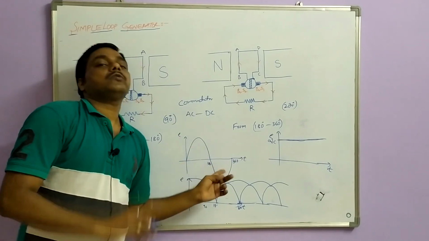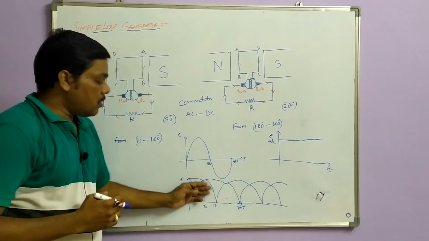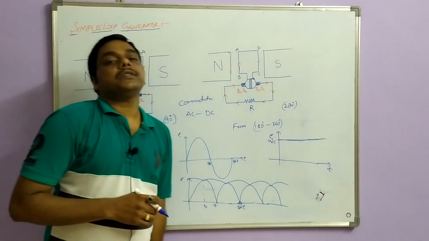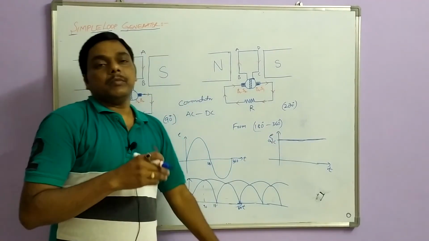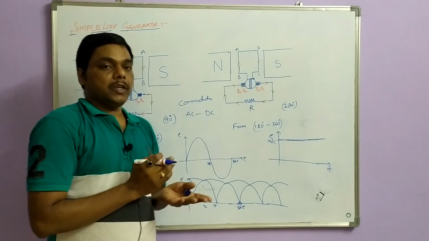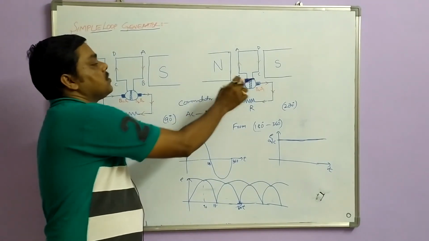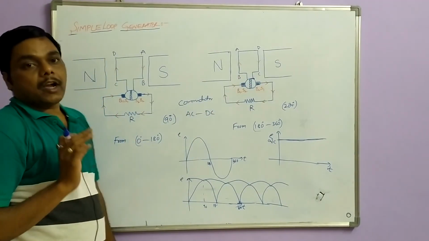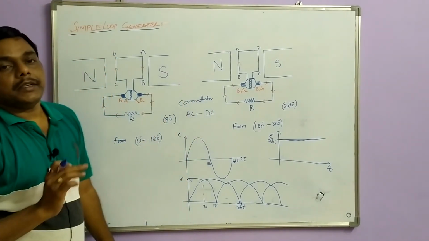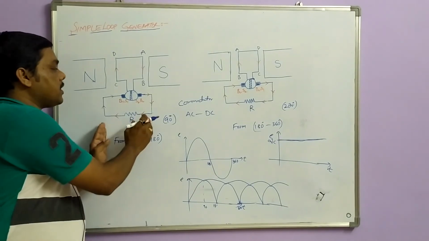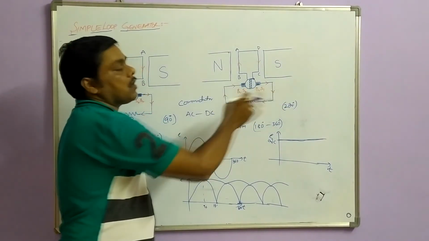So what is AC current? You are having both cycles, positive and negative. But in DC current you are having only the positive cycle. If you combine all this, you are getting a pure DC signal, so that you get distortionless DC. So your induced EMF is also pure DC, so that no distortion takes place. So like this, your split ring acts as a commutator which converts your AC EMF into DC EMF. In the first half cycle your segments will not change, but in the second half cycle your segments are interchanged.